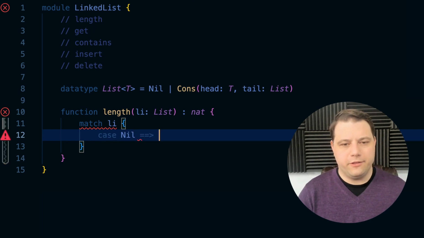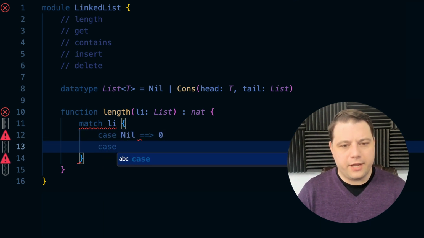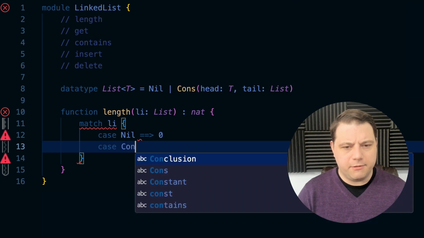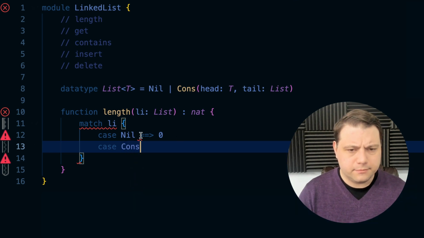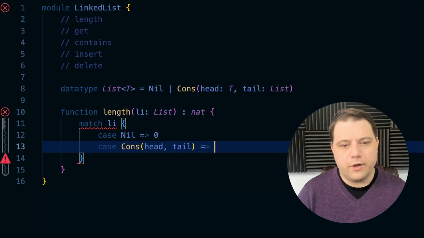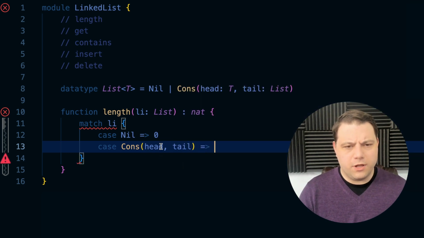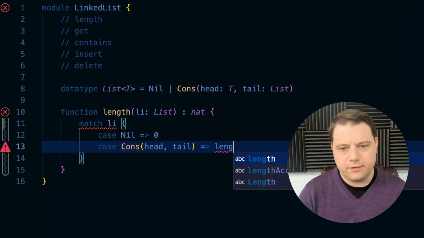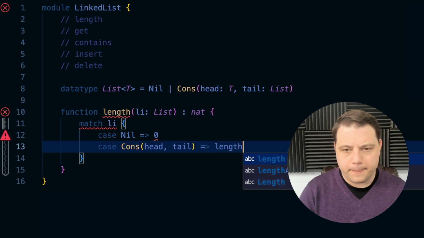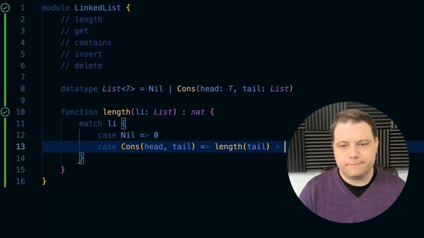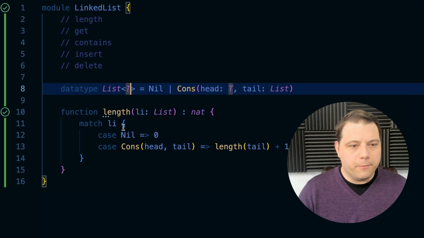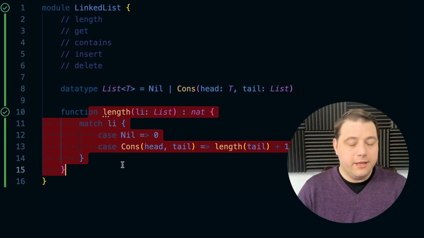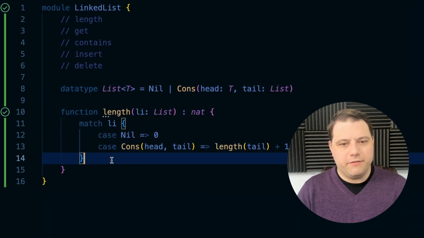Well, if we pass in nil, then the length is 0. That's pretty obvious, right? And we have another case, which is that it could be cons. If it's cons, then it has a head and a tail. So what's the length if it's a cons? Well, I guess it is whatever the length of the tail is plus 1. Right? So, boom. I mean, that verifies, but we haven't really verified anything other than the kind of intrinsic properties